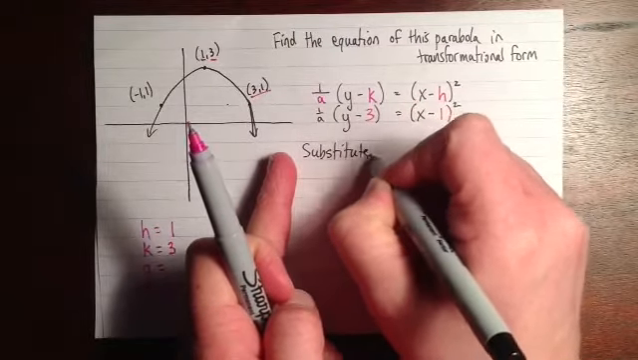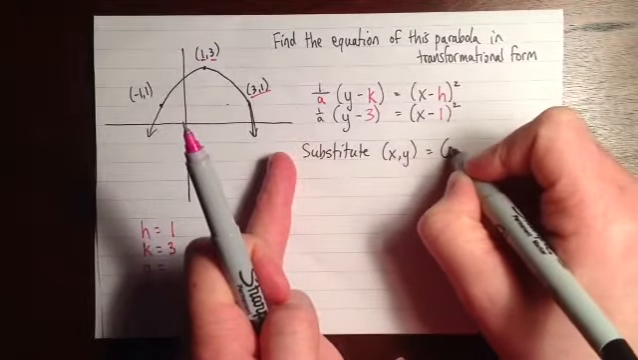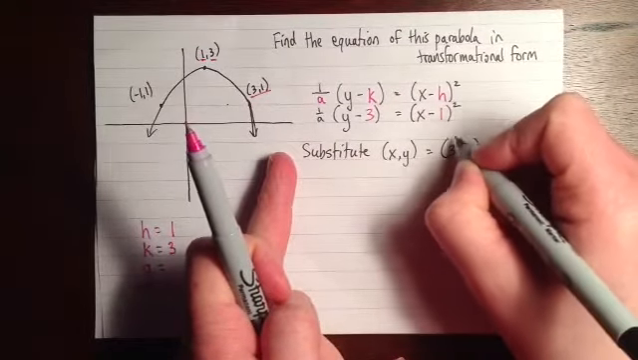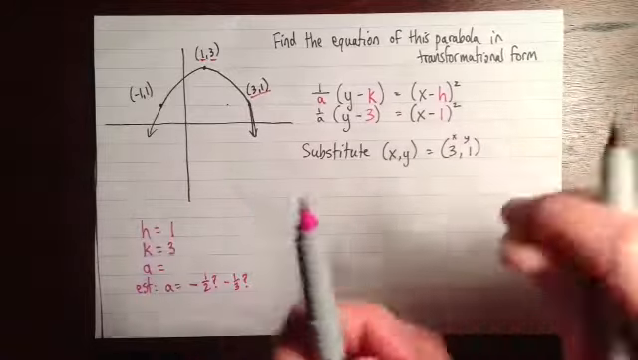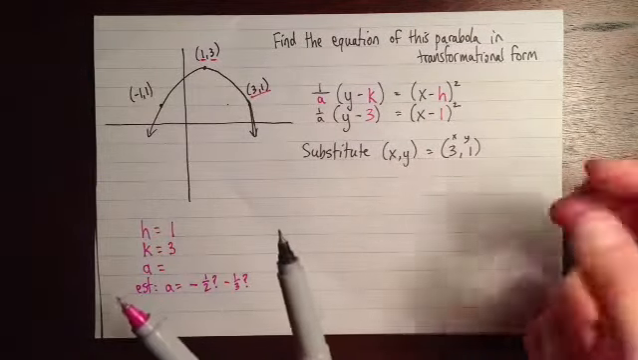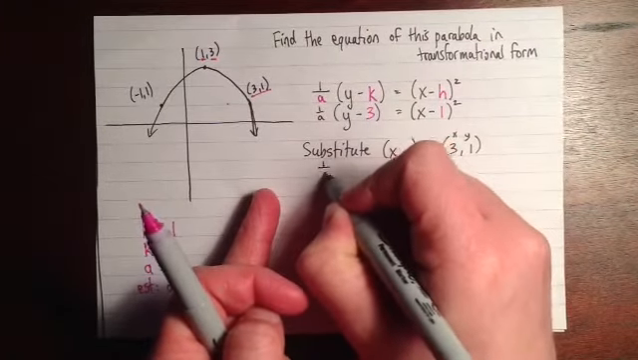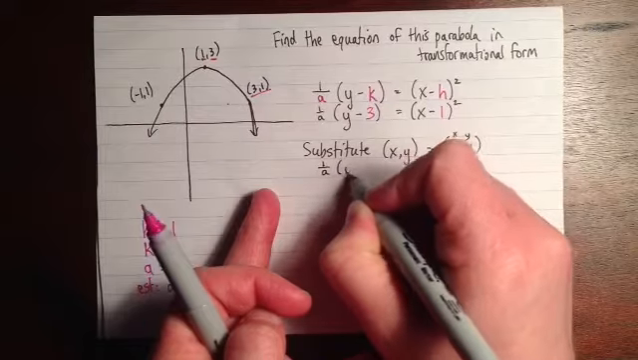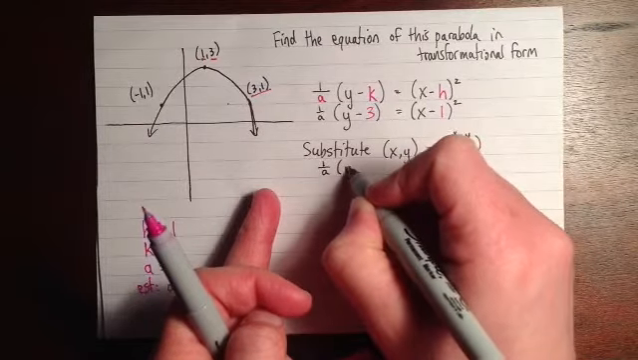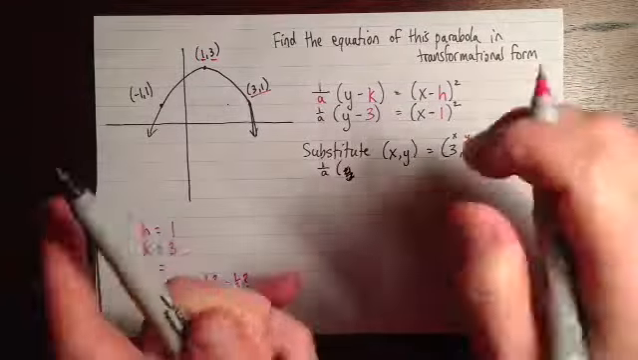Substitute x, y equals 3, 1. And if it helps you, write a little x, y over top so I don't get them mixed up. It's easy to get them mixed up because they kind of go in the opposite order. So we have 1 over a times y. Oh, there we go. That's what I'm supposed to substitute. So my y value is 1